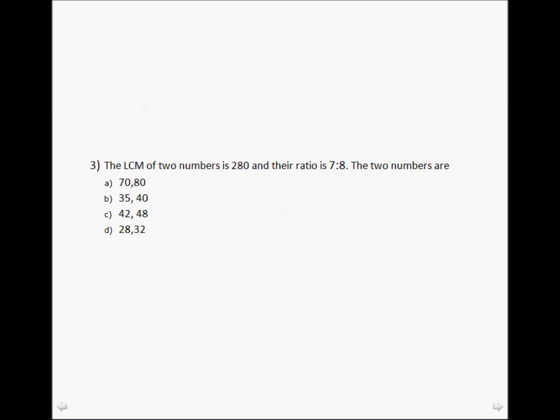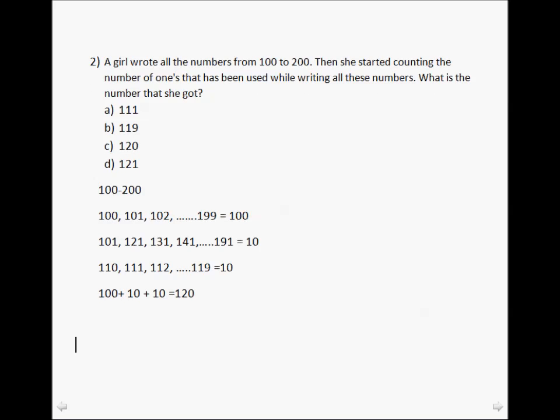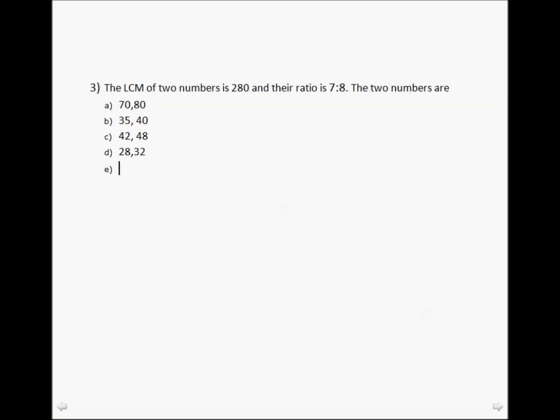Let's go to question number 3. Question 3 says LCM of two numbers is 280. So 280 is the LCM. 280 can be written as 4 into 7 into 10. In the prime form, it can be written as 2 raised to power 3 into 5 into 7, right? So this is our LCM,